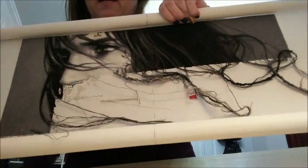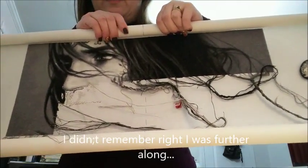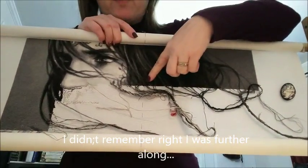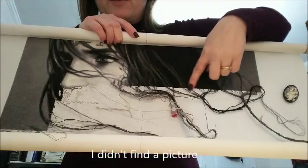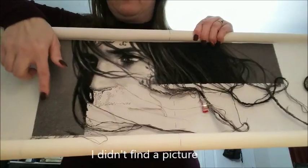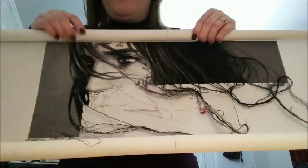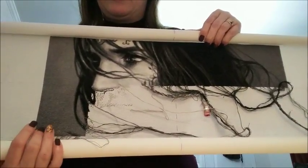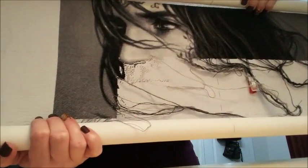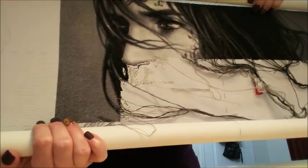So last time, if I remember right, and the picture will show you where it was, but I'm pretty sure there was a big chunk of this section to do. And since then, I've done this page and started this page as well. This page here, I did cross country, and I'm stitching 2 over 1 half cross, 25 count